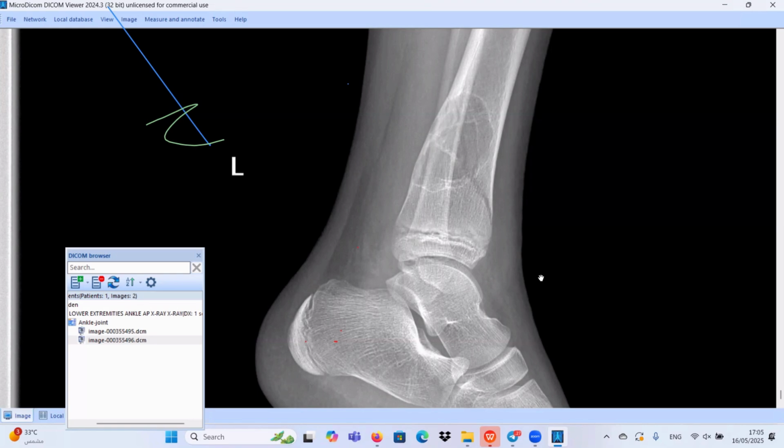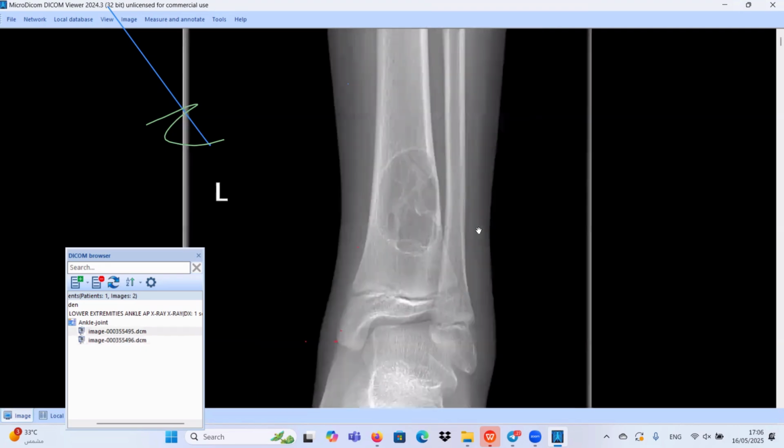The other differential could be a fibrous cortical defect, but they are usually present in the anterior tibial region, and they are cortical lesions, though they can be present atypically. Okay. So I think in conclusion, as you said,